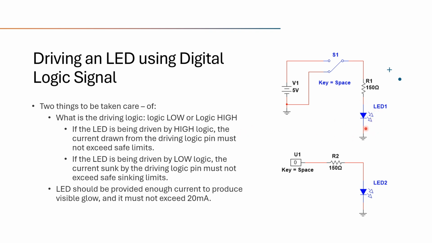I mean, the cathode of the LED will be connected towards this side, and the anode will be connected towards this side. This will be connected towards some high voltage. And similarly, this connection will be like that. If the LED is being driven by logic high, then this connection will work. If the LED is being driven by logic low, then definitely the current will flow from the LED towards